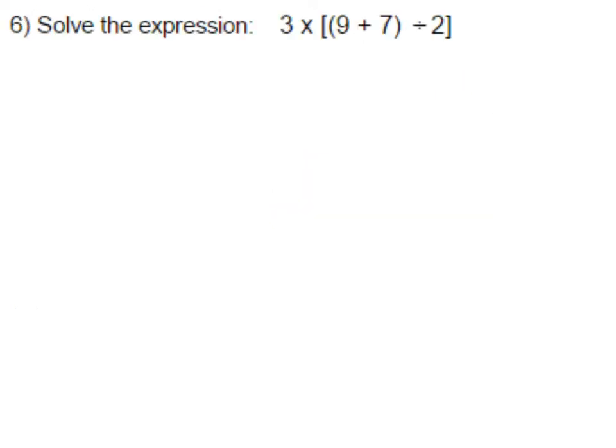All right, we have 2 problems to go. The next problem, number 6, says to solve the expression. Well, I see brackets and braces and a bunch of different operations, so you know what that means. Order of operations. So I'm going to remind you, in class we learned about the order of operations, which is